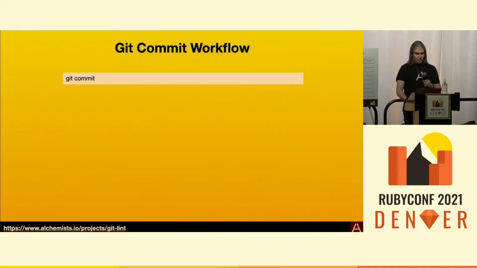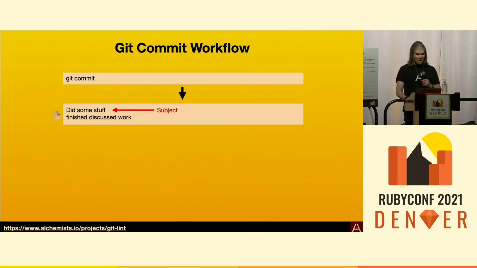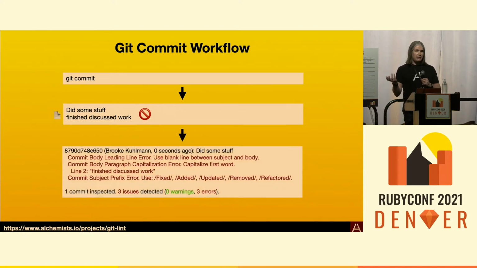So let's take a look at that. So if we go into the git commit flow, right, we commit a message, we write a subject, it's horrible. We add a body, truly horrible as well. That's not what we want to do, but when Gitland analyzes it, you're going to get this nice feedback so that you can know exactly what you need to do to fix it.